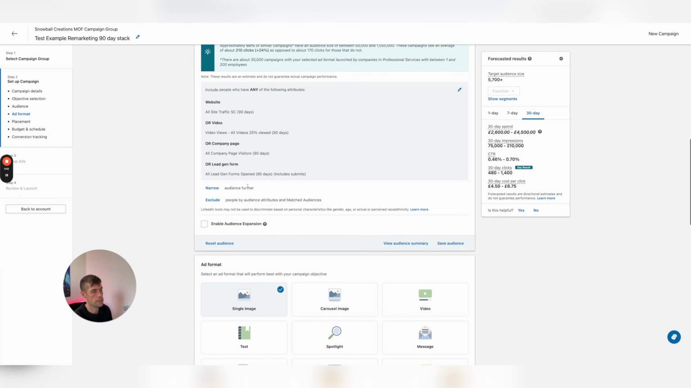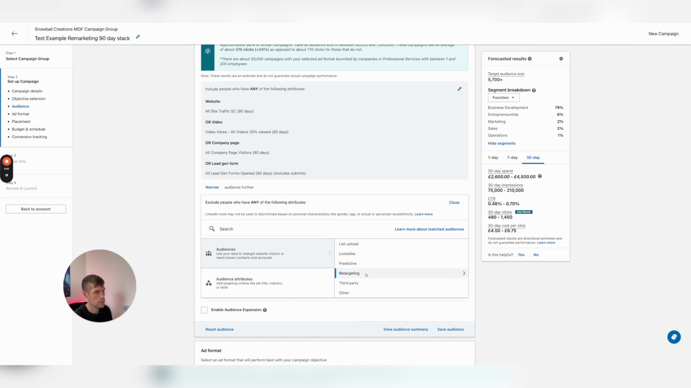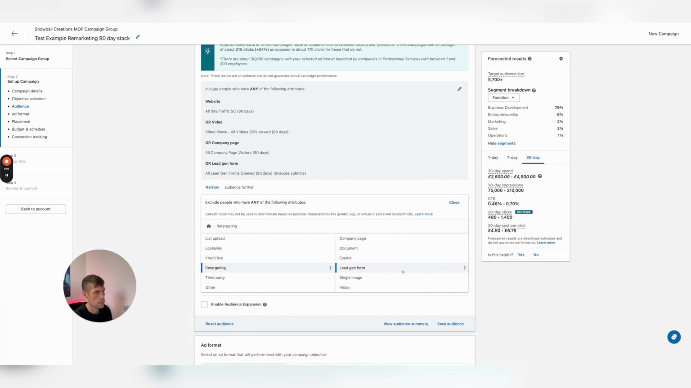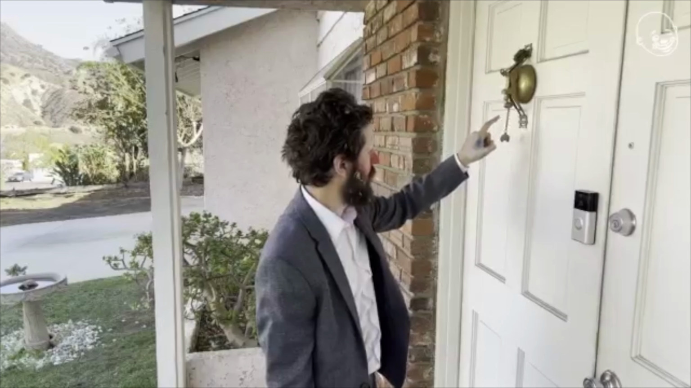Currently it says 5,700. This is a test account, so don't worry too much about the numbers, but this could be the kind of thing that you're going to set up. So this is the stack of audiences now, but then you do still want to exclude. So the first thing we're going to be doing is retargeting submitted lead gen forms. So basically, if somebody's already submitted a form to speak to us, we should not be doing more remarketing at